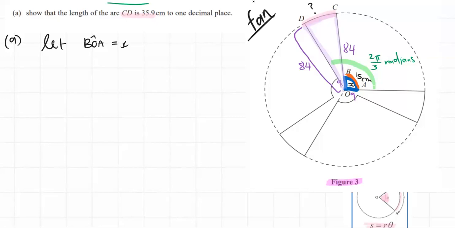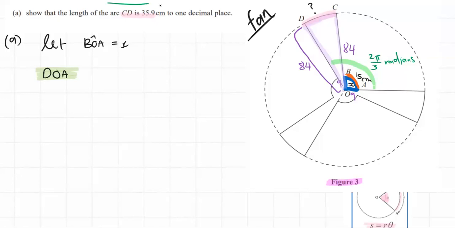Angle DOA is already given. So we have, let's just do green, DOA was given as